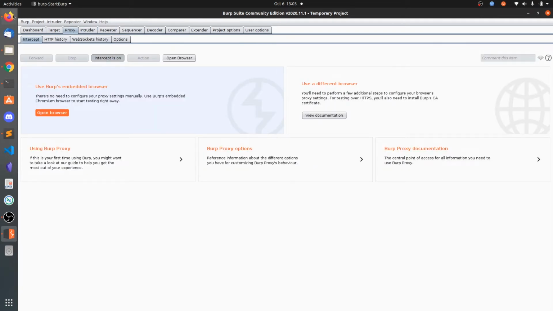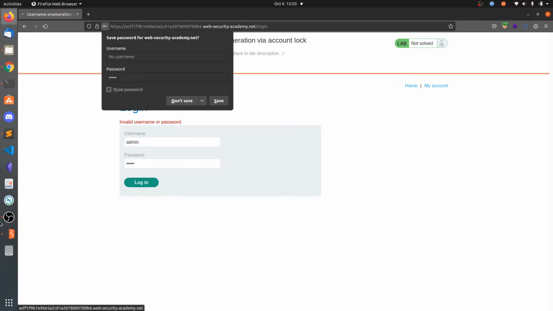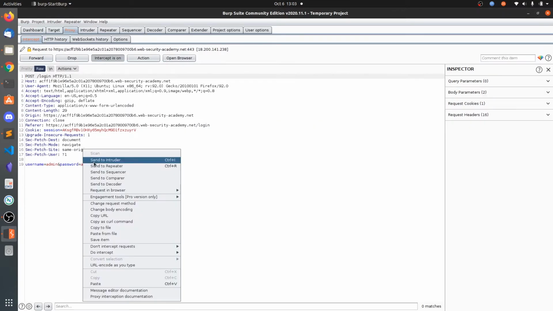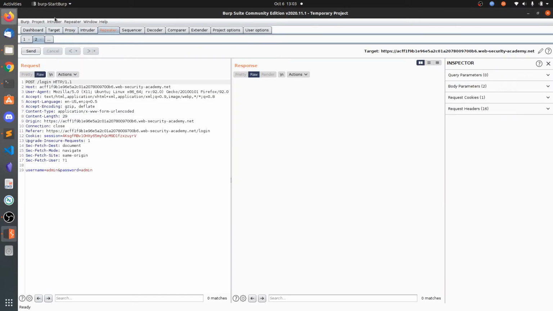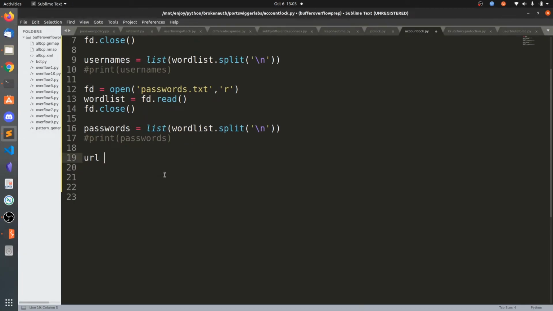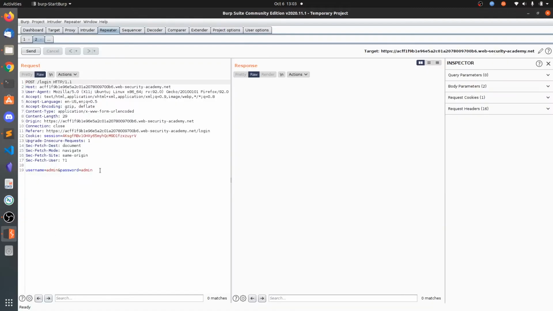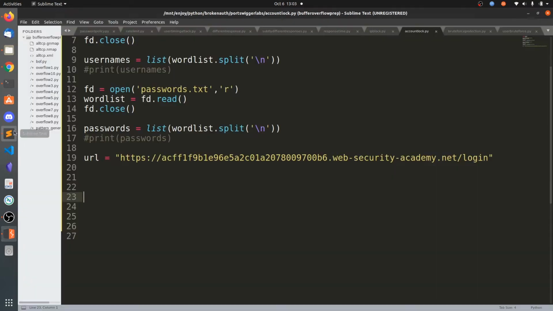let's capture the request first, admin and admin. So this is the URL. And this is the data, username and password.